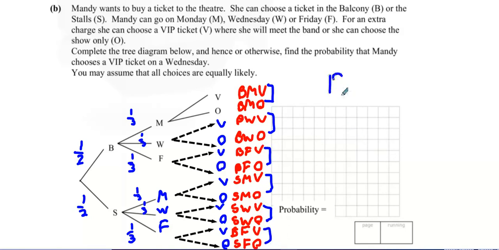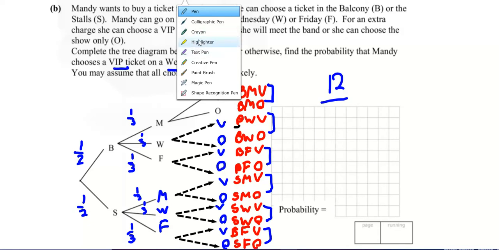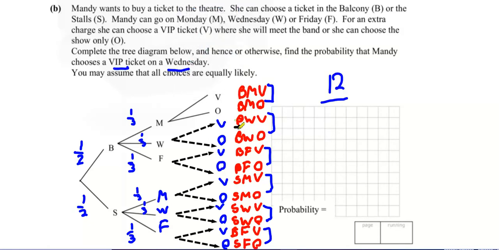So there's 12 different outcomes, and if she chooses a VIP ticket on a Wednesday, how many VIP tickets are there on the Wednesday? Well, this one here is a VIP ticket on a Wednesday. This is a VIP ticket on the Wednesday. And this one here is also a VIP ticket on the Wednesday. So I'd say it's 2 out of 12 or 1 out of 6. 2 out of 12, probability is 1 out of 6. Next thing,